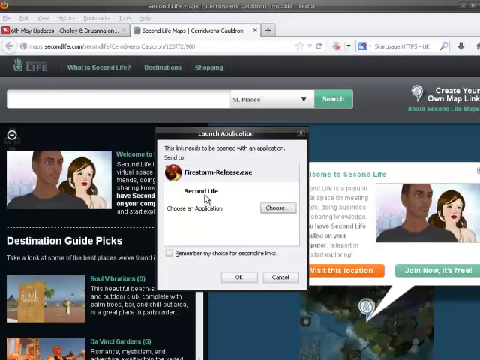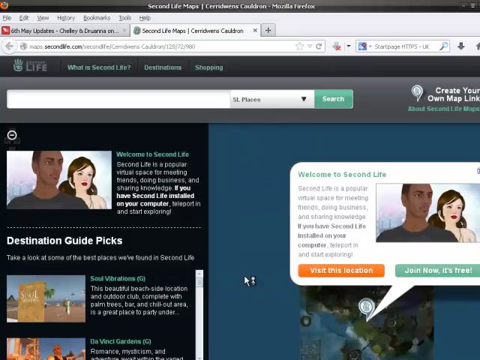Okay, now I've got 2 entries now. So when I click on this, I can choose which application I want to launch. I can choose Firestorm, which is the one I use normally, or the Second Life, which is the default. Now that should be the one that you see. Just click OK. Now what will happen now is Second Life should pop up,